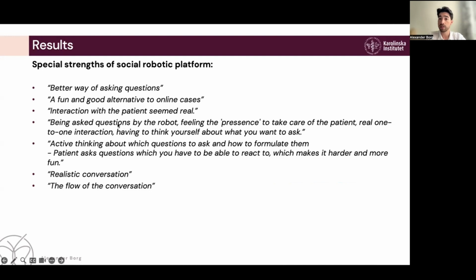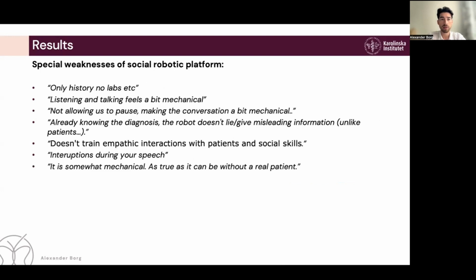They believed that the social robotic platform enabled a better way to ask questions. They found the interaction to be real, that the conversation felt realistic, and that they enjoyed the flow of the conversation. They also left some comments regarding the weaknesses of the platform, and they addressed that they could only explore the medical history and not perform any additional examinations,